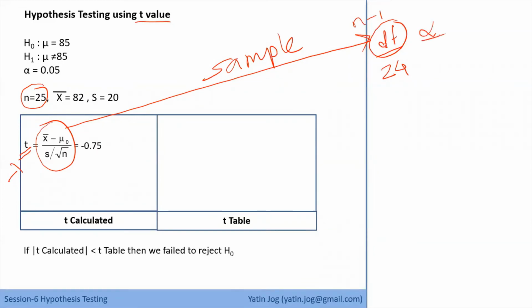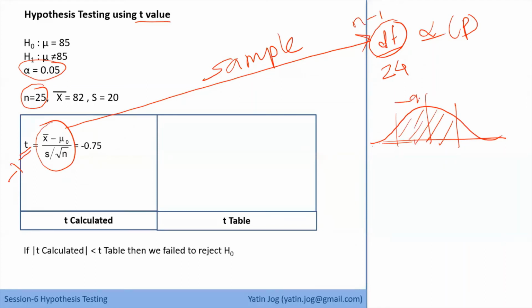Now alpha, or the p-value. What is the significance level in our case? We have considered 0.05. But what is this 0.05? If I have the distribution, and if this is my accept range, the remaining part becomes my reject range. Whenever I say 95% confidence, this is my accept range of 95%, and that's why the remaining portion, which is 0.05, becomes my reject region.